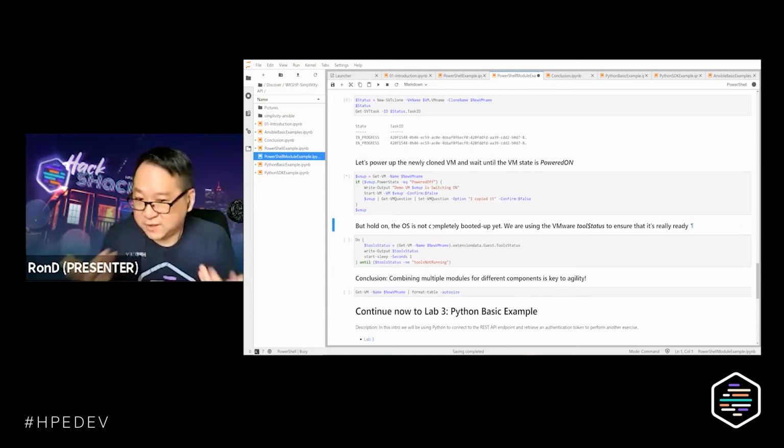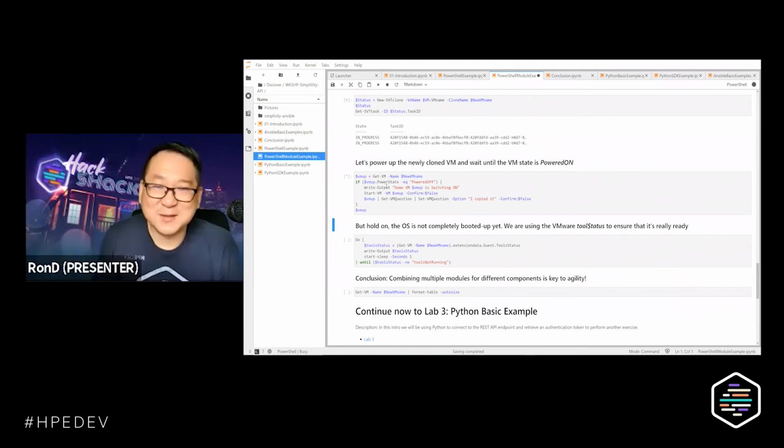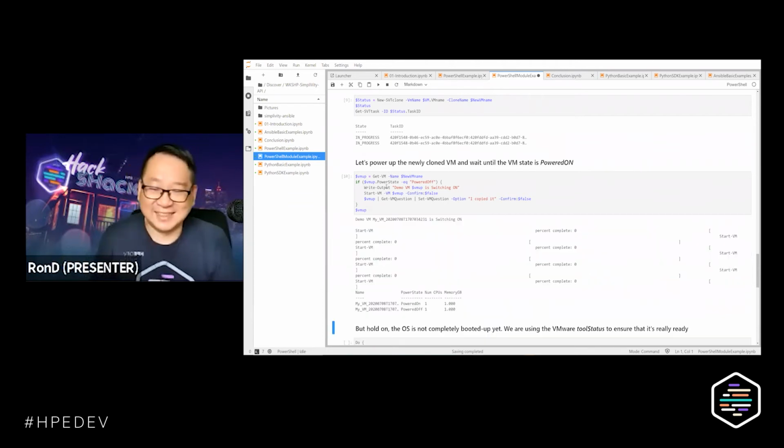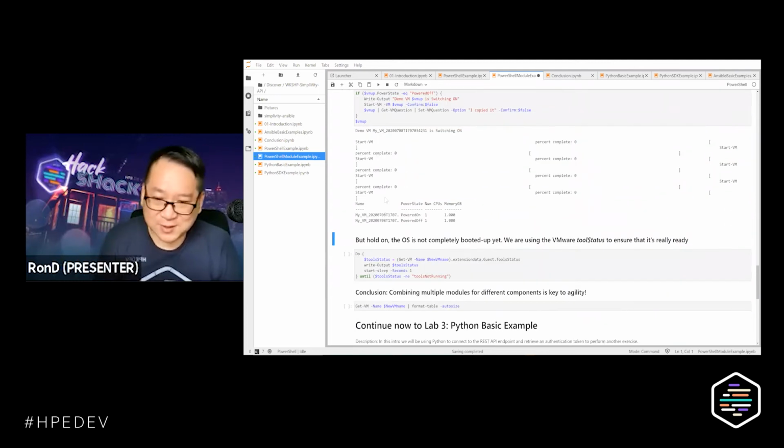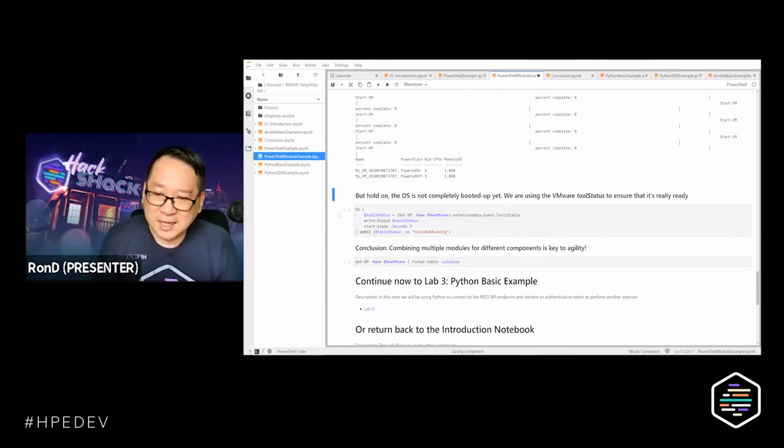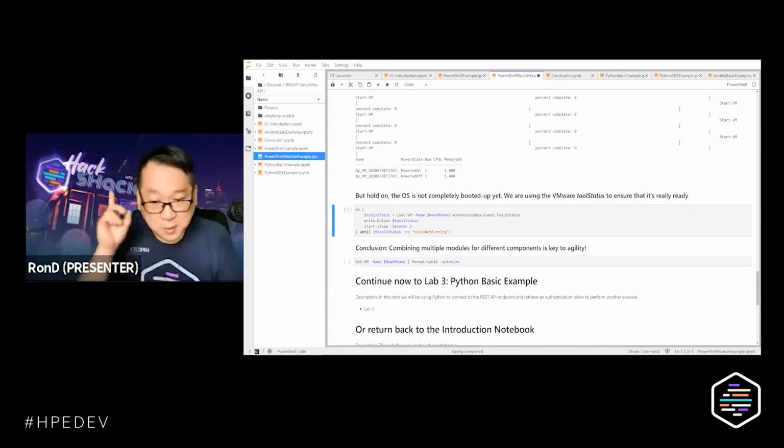The first thing we start to realize is, oh my goodness, Ron is mixing in the SimpliVity PowerCLI. Now I'm using SimpliVity PowerCLI to perform the power-up operation. The problem is that when we power it up, we don't know exactly what the state of the OS is.